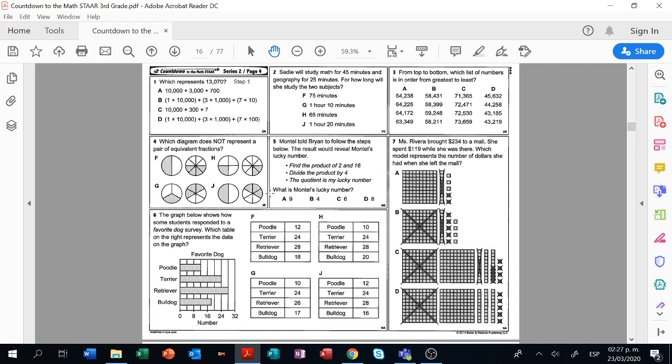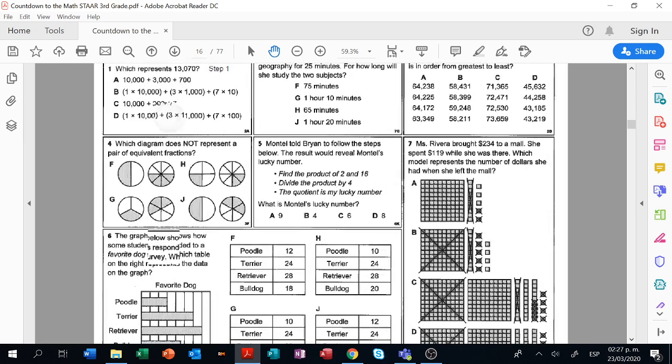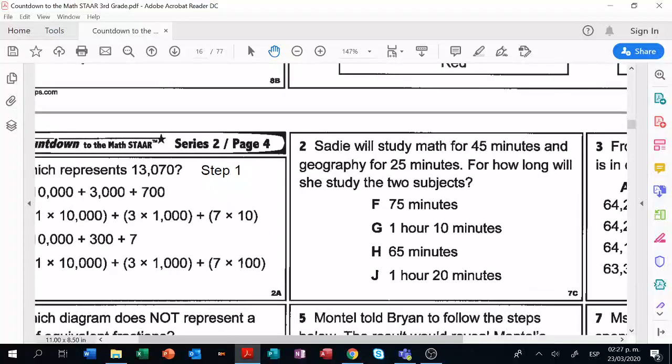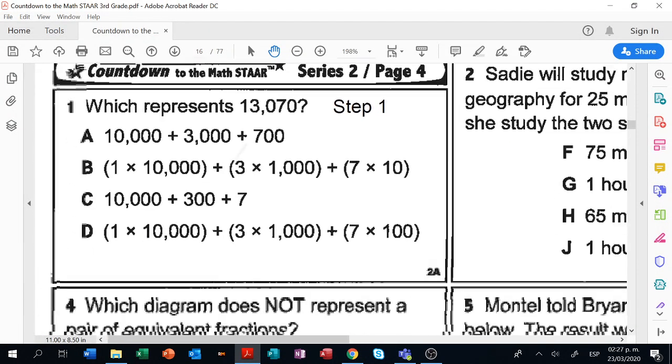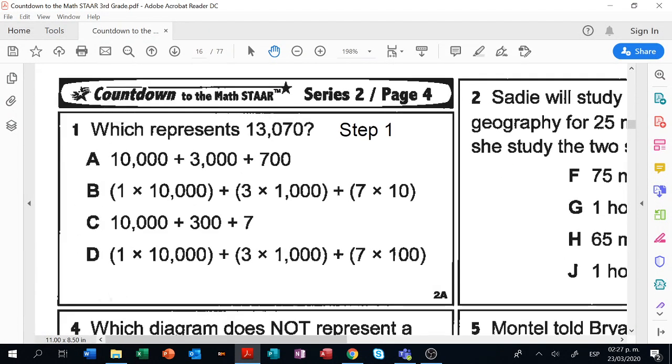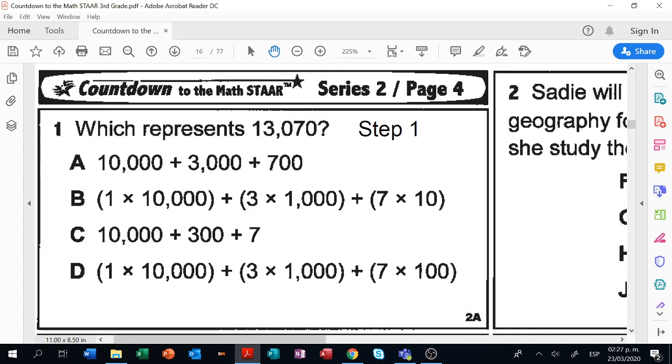So this is our math countdown page. It has 7 questions. Let's go ahead and check the first one. I'm going to make this bigger so we can all read it. Remember, we are on series 2, page 4. That is the first page, and it has the date for today. Question 1. Which represents